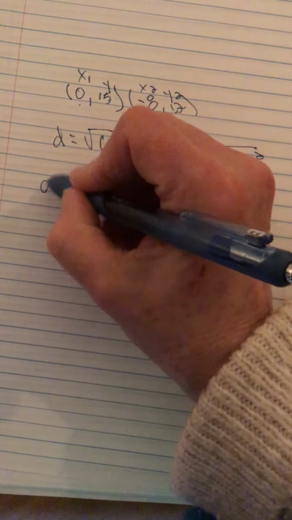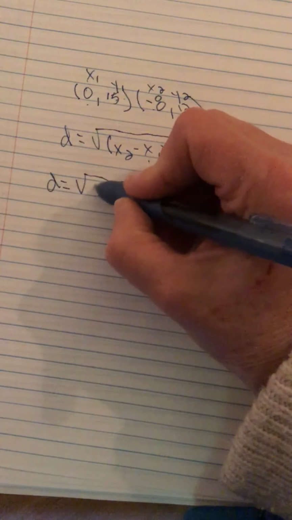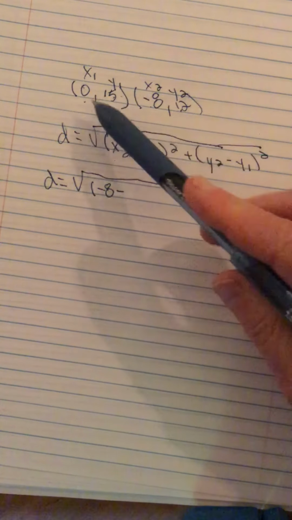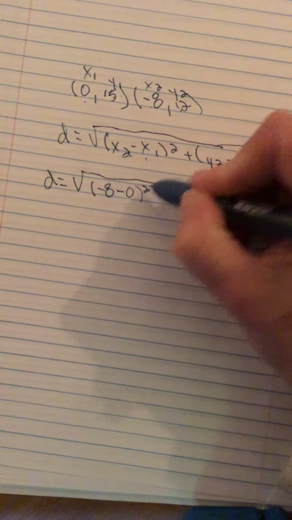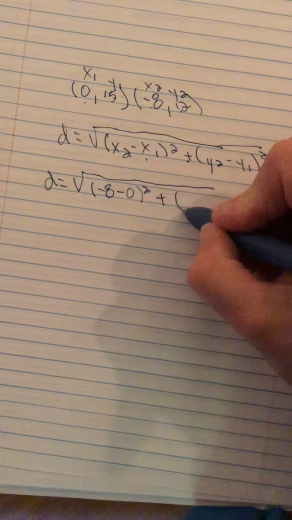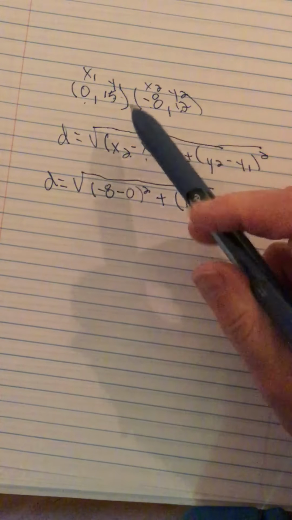And now we're going to go ahead and plug those in where they go on the formula. So D equals square root, don't lose that square root. I think a few of you guys did that, lost your square root bar. Okay, x2, which is over here, negative 8, minus x1, which is right there, 0, squared, plus, because that's what the formula says, y2, here's my y2 right there, 12, minus my y1, which is 15,